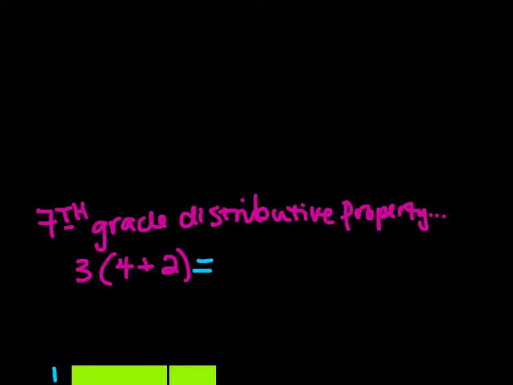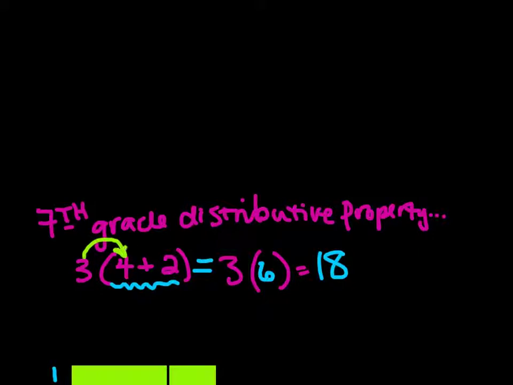You could either write this expression 3 times 4 plus 2, and you could either write it as saying, well, I'm going to do my 4 plus 2 first, so I have 3 times 6, and from there I get 18, or I could say I need to multiply 3 times 4, so 3 times 4 plus a multiplication of 3 times 2,